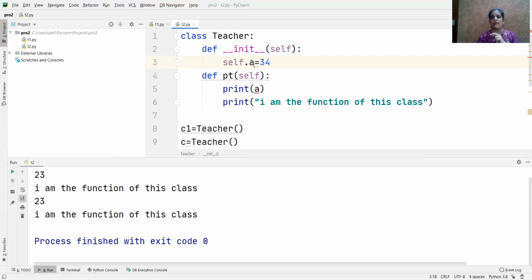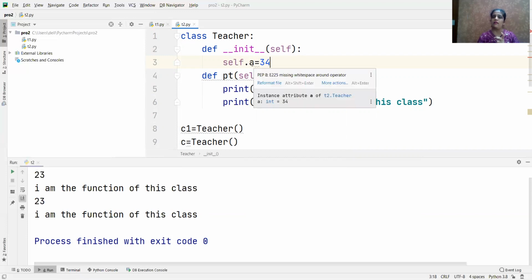ठीक है, तो मुझे इस variable को self से बताना पड़ेगा, so that right now this a becomes the variable for this C1. अभी at present ये C1 के लिए variable है a. ठीक है. If I have defined it for C here, if I have to call, then now a becomes the variable for the C also. So whomsoever is calling as an object, as soon as we are creating the object, init method उसके लिए काम करना शुरू हो जाता है.